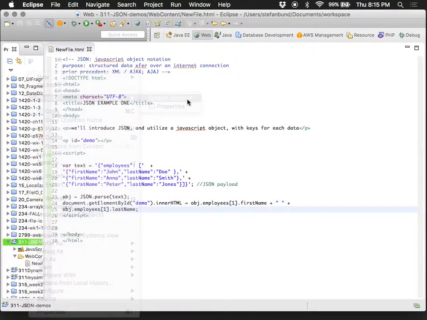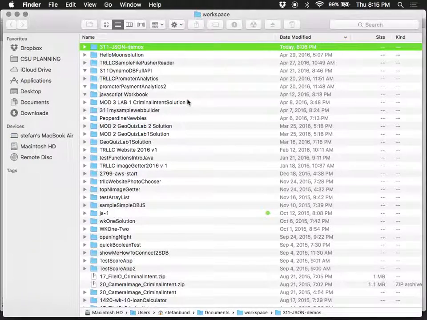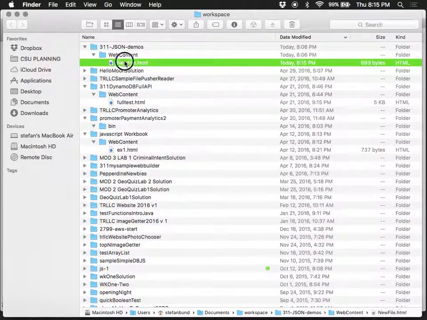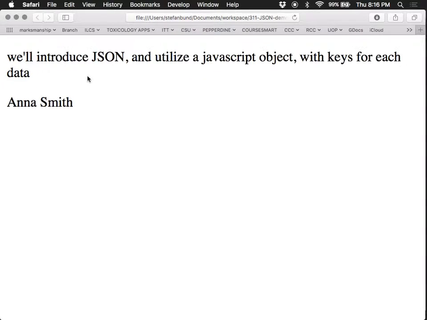Show in the System Explorer. Go to a new file, and so let's open that up. So you can see this doesn't look like much. Like there's not a lot of drama that's happening right here. But you realize, where did Anna Smith come from? So if we inspect that element a little bit,